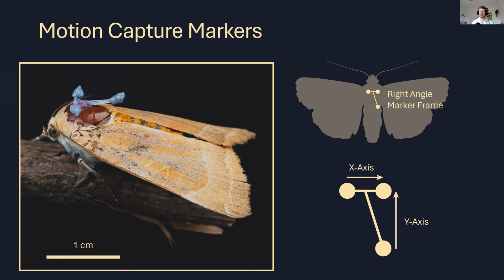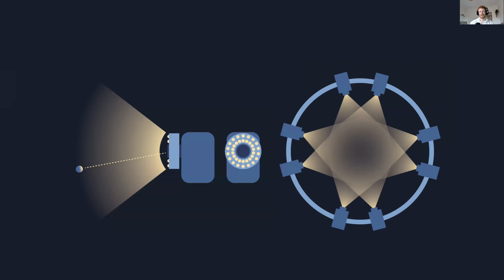That allows us to not only tell where the animal is, but by looking at the placement of these different markers, we can tell what orientation it is. So we can see if it's flying sideways, maybe it's upside down, or whether it's the right way up, whatever that might be. The camera system itself has these motion capture cameras, something that's used in cinema, games and TV. It's a way of capturing motion. These little markers bouncing the light back can be thresholded. They can just be seen by the camera and picked out.